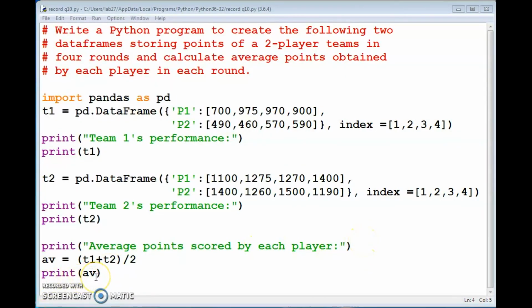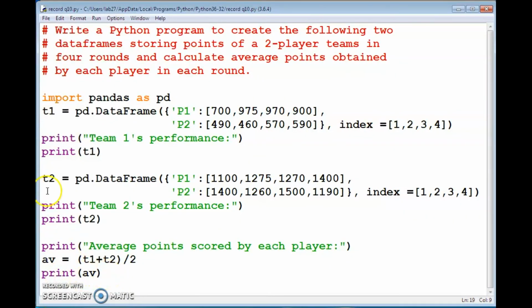Print average point, that is AV. In this AV variable, we store the average points scored by each player. Equation means expression. In this way, we can calculate the average points. Then we used this print statement for identifying that one.